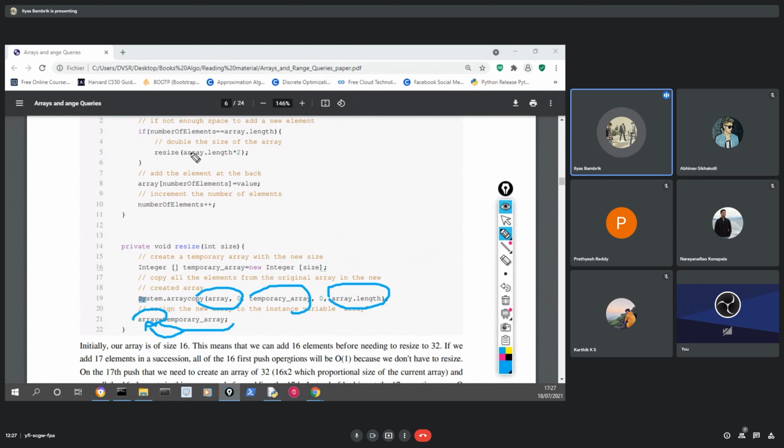Well, double the size for this use when we call resize with double the length. But if you think about it, if we want to resize to shrink the array, like if we want to